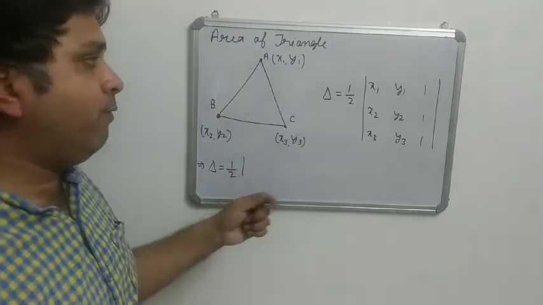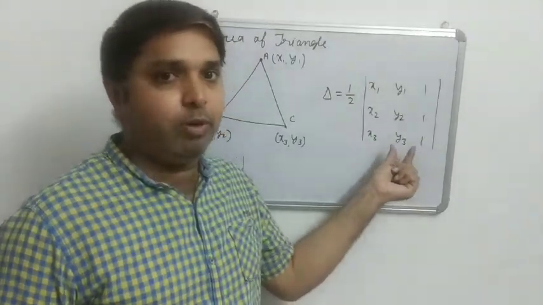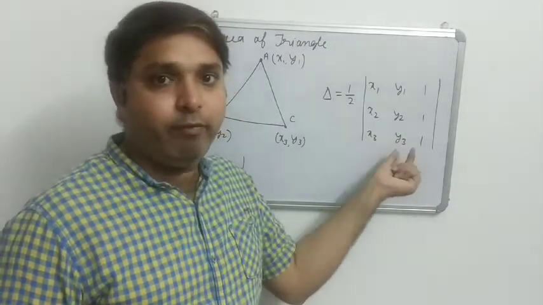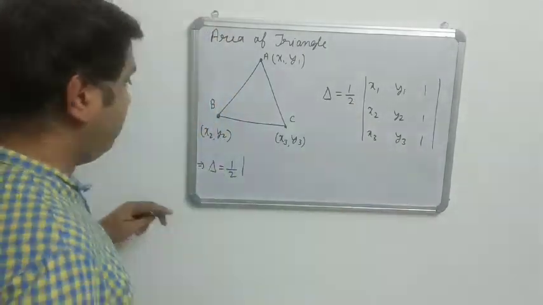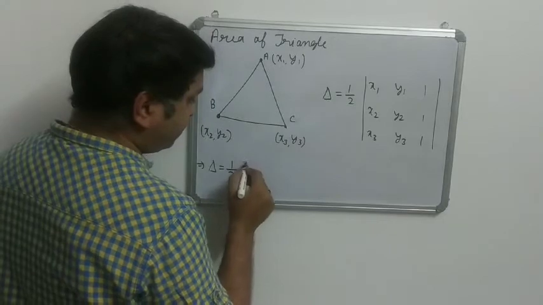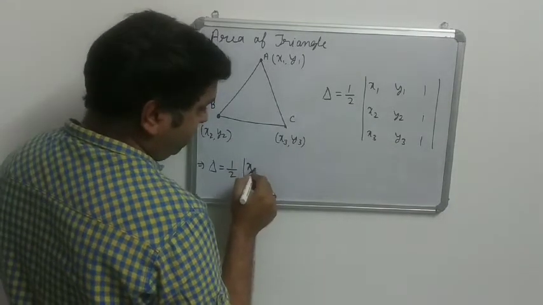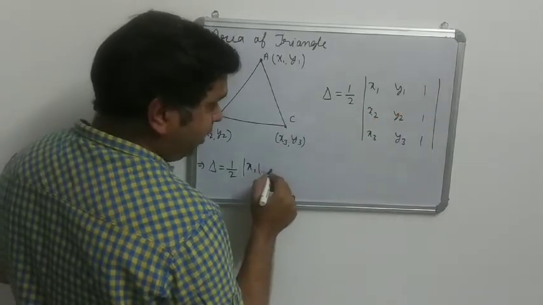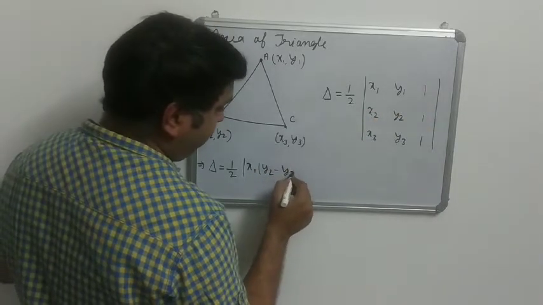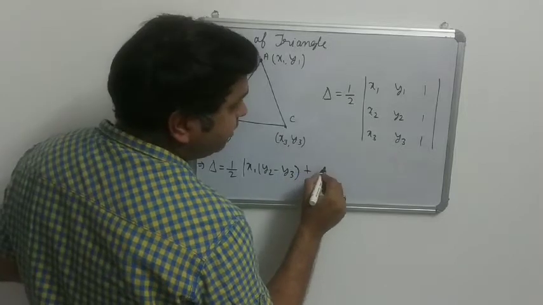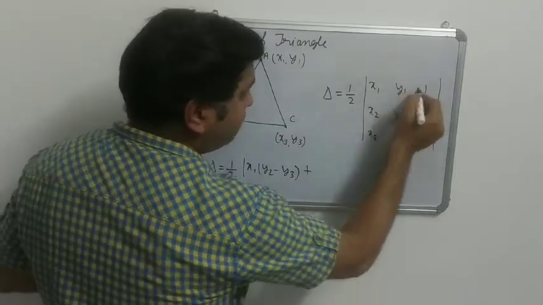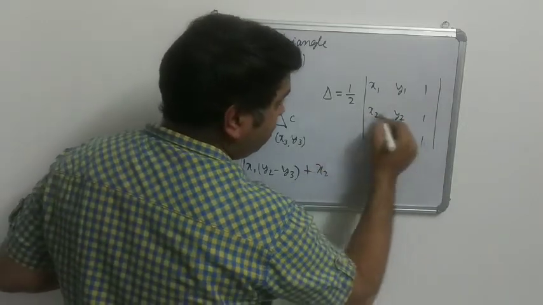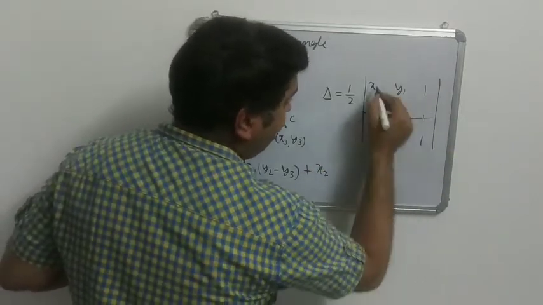Okay, so you have to take the value of the determinant as only positive because you are finding the area. तो हमें इसकी वैल्यू हमेशा पॉजिटिव ही लेनी है, right? So this will be 1 by 2 mod of x1 times y2 into 1 minus y3 into 1, so y2 minus y3, and then x1, then take along this row. Okay, so this will cancel out.